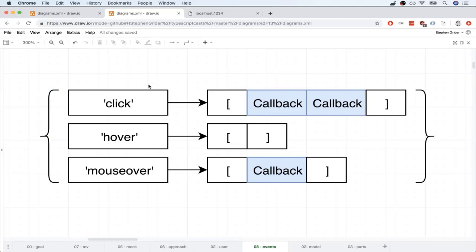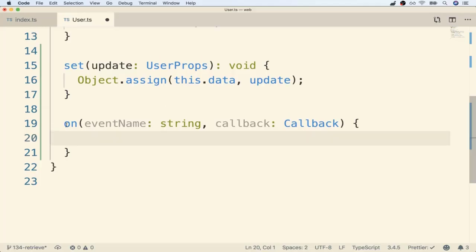Inside this object, we're going to have keys that are going to be the names of different events. You and I have not yet discussed the different event names that we're going to have tied to our user, but right now, we'll just imagine that we're going to have similar events that are related to normal HTML events. So the keys of this object are going to be event names. Then the values are going to be arrays that store all the different callbacks that have been registered for each of these different events. So in other words, if some other developer makes use of our user and they call